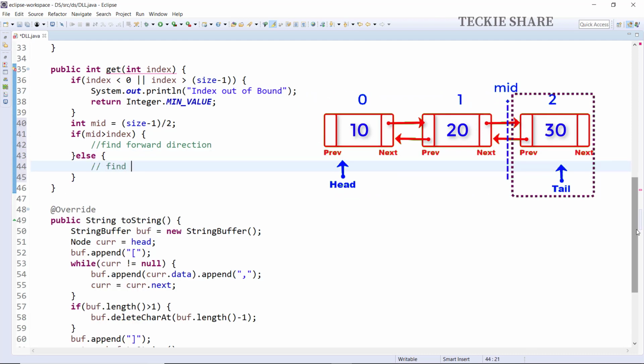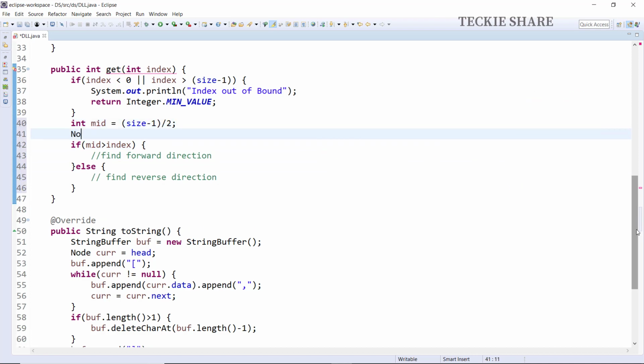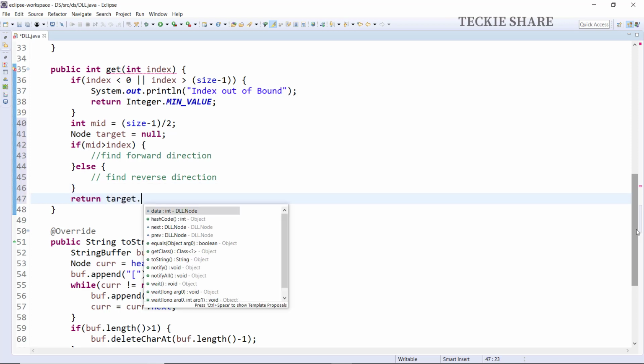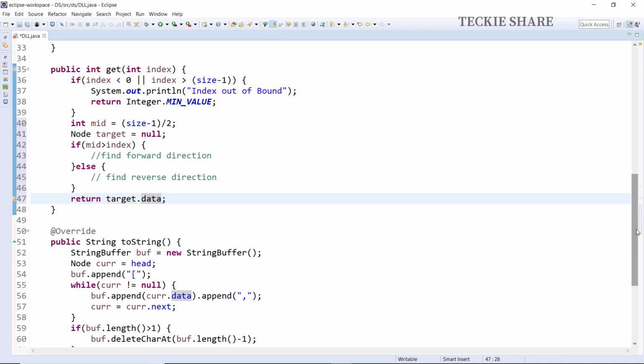This is the difference between the linked list get method and the doubly linked list get method. Before implementing that logic, I am going to create one field called target to find and store the data. Once I find the data from the find method, I have to return the value stored in the field called data. So I have to return target.data in my get method.